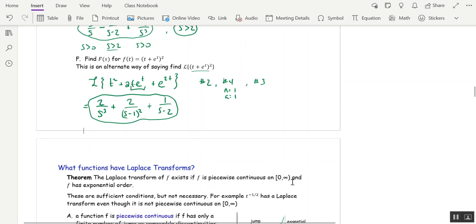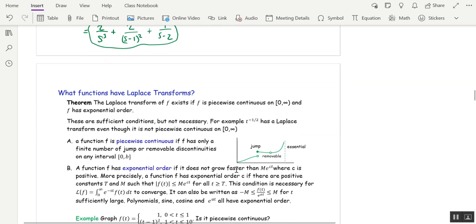Okay, last topic. What functions have Laplace transforms? Well, most of them, but that's a little vague. Here are the restrictions. F has to be piecewise continuous and of exponential order. So what does that mean? First of all, piecewise continuous means you only have jump or removable discontinuities. You can't have asymptotes. This would be bad. No asymptotes. That's an essential discontinuity. So you need just nice breaks, okay? And then exponential order means the function doesn't grow faster